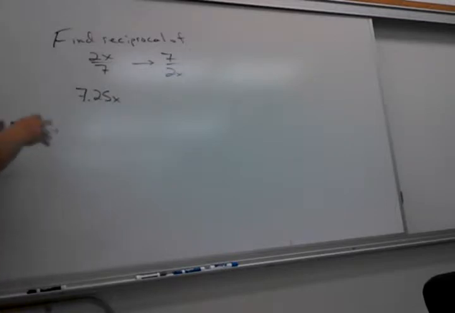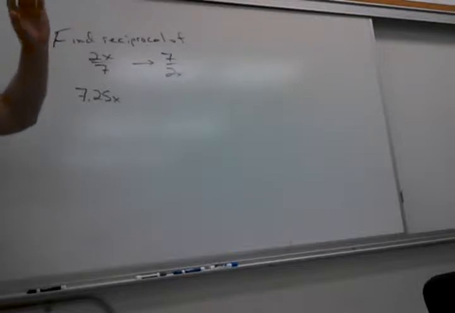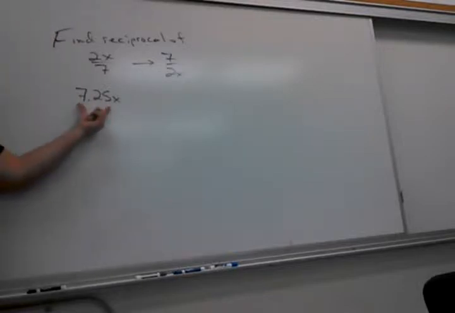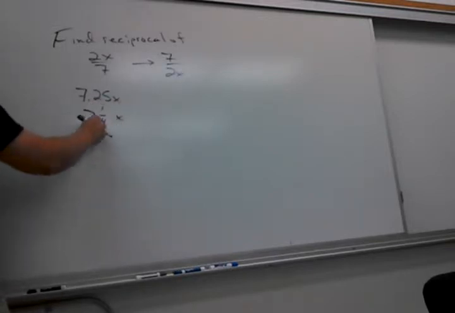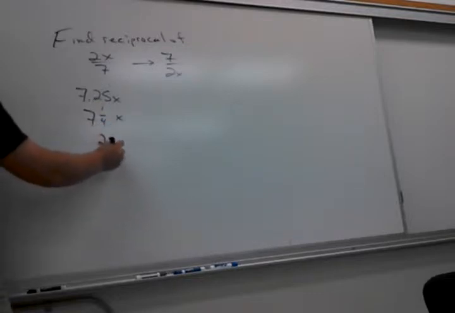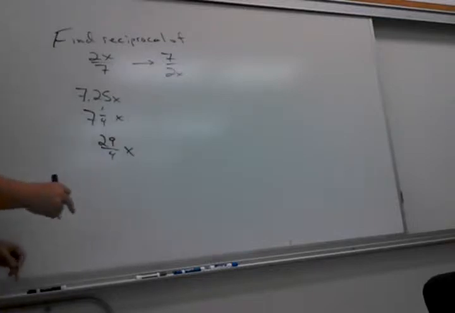7.25x. So how is that fundamentally different from this? What should you do first? It's not really common in there, but this is written as a decimal, and it should be written as a fraction so that you're able to flip it. So what is 7.25? That's 7 and 1/4, which is 4 times 7 plus 1, 29 over 4. And if I put the x on the outside,